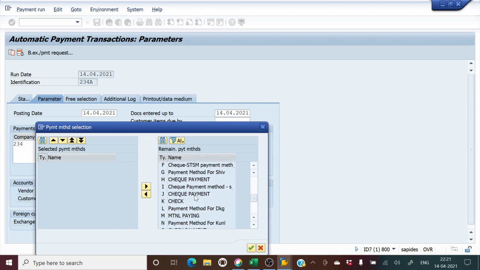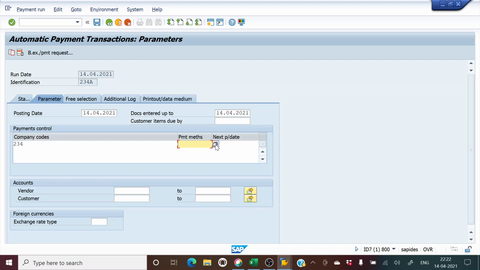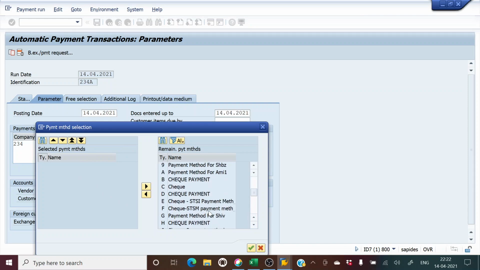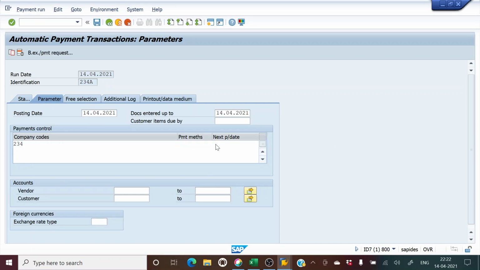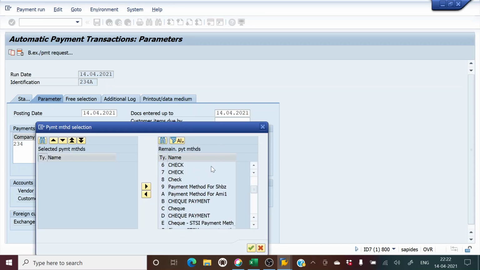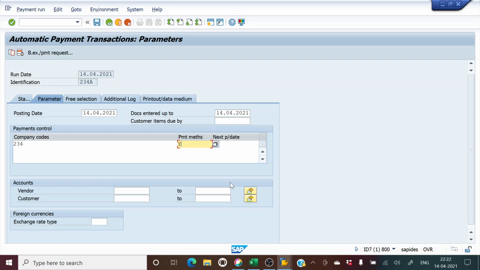So if we go here, this is what we have selected, and the next payment date would be tomorrow's date. I'll give tomorrow's date.